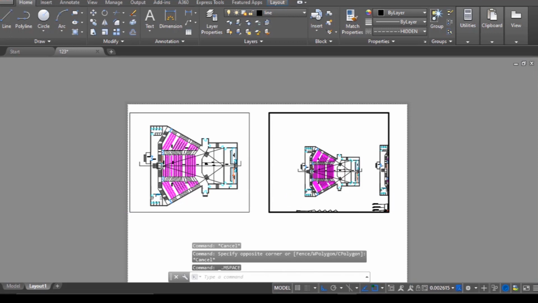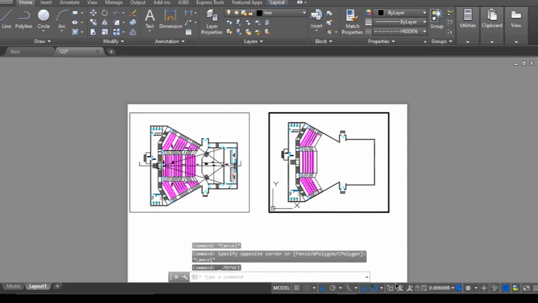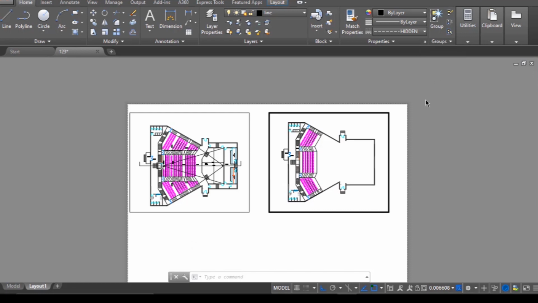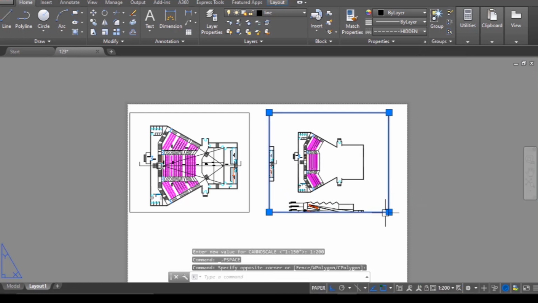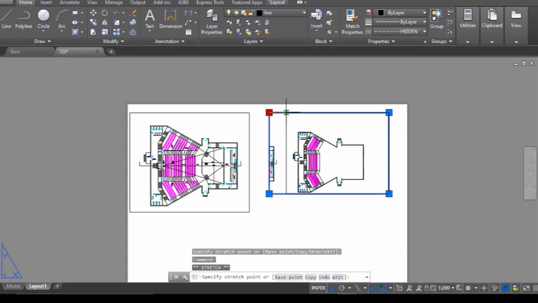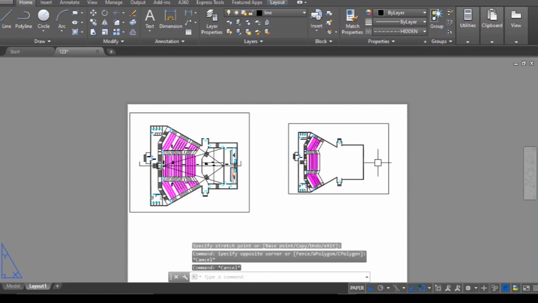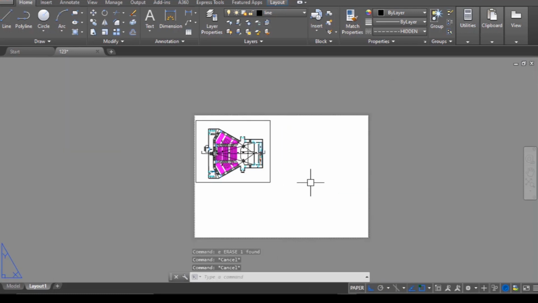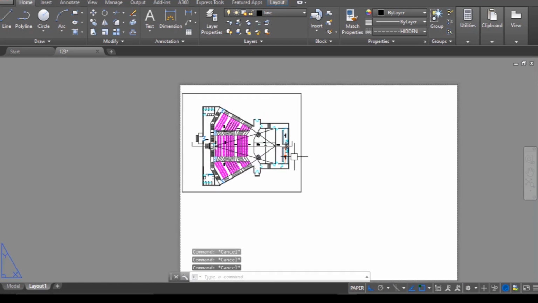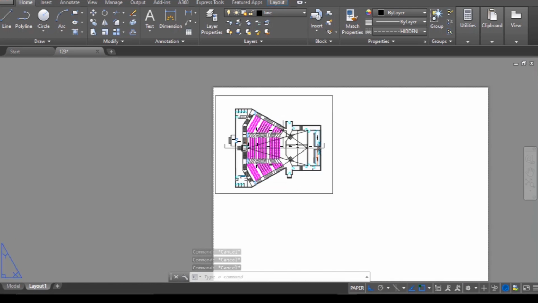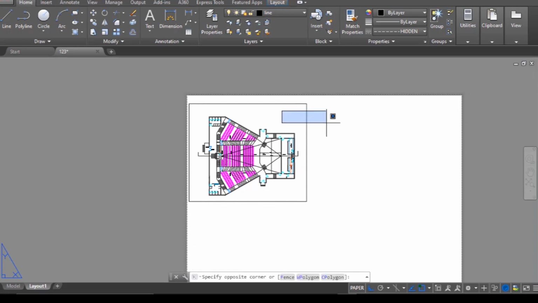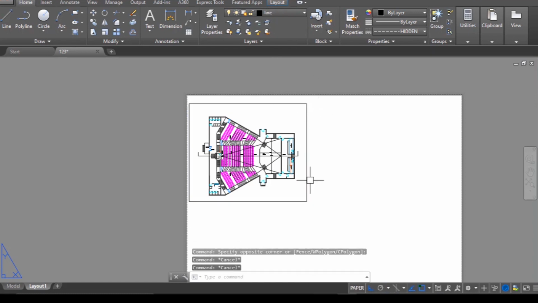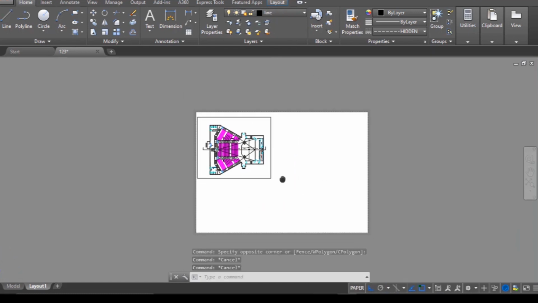Now I want my next plan on 1:100. 100 is bigger. I want it on 200, but not in the same file. So what I will do is remove that. Fine. Here I will print only that thing, but if I print that, I get that box also, so I will put this box in the defpoints layer so that it is not going to be printed, and only my plan is printable.